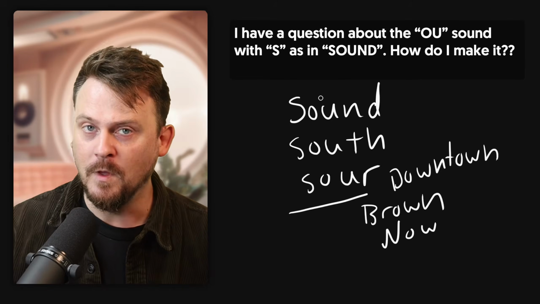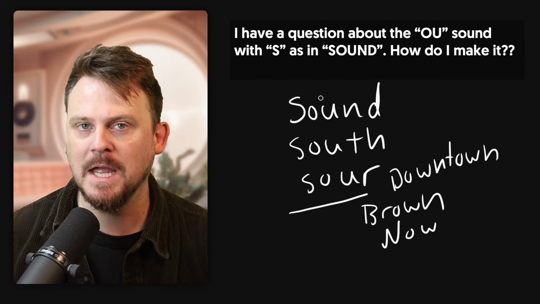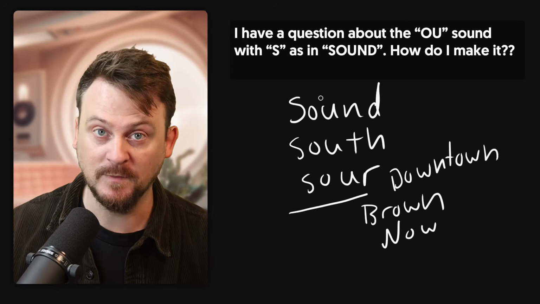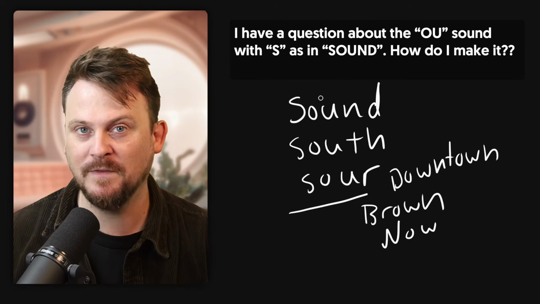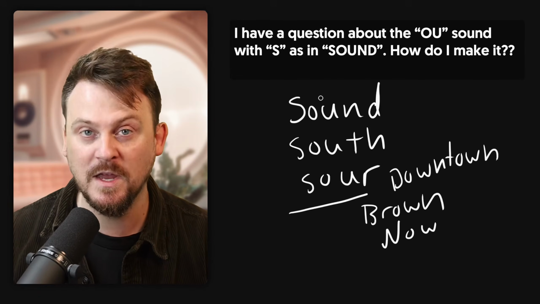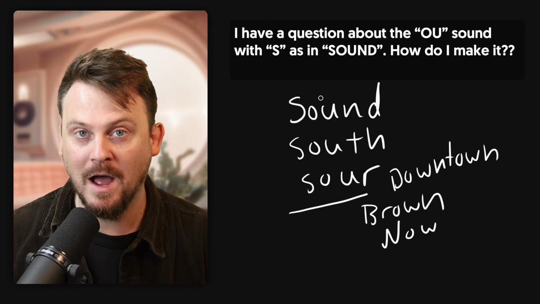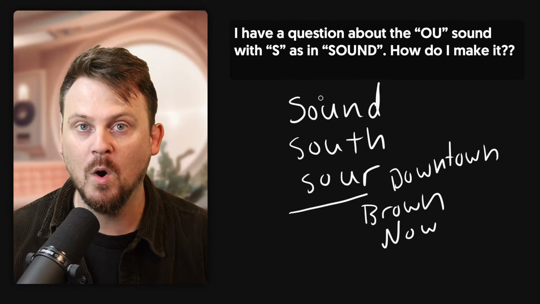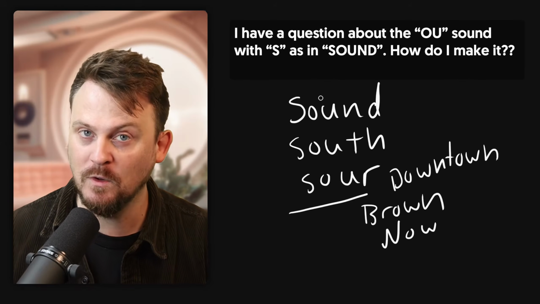Okay, so all of the sounds here are pretty much the same. It's going to be ow. Now notice, spelled differently. Sometimes O-U, sometimes O-W. So how do we make this diphthong? It starts with ah and ends with oo. So it goes from ah to oo, but it has to go smoothly.